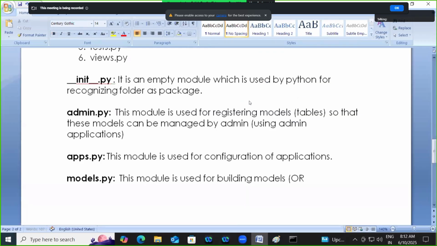So when it comes to ORM, ORM is nothing but object relational mapping. Okay, right? So then next one is,